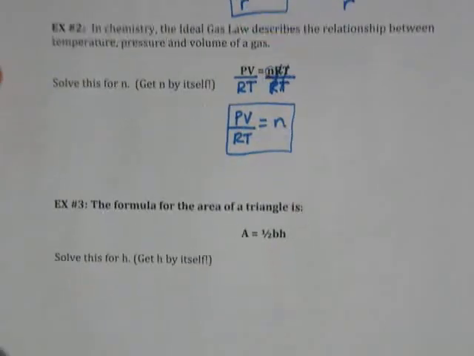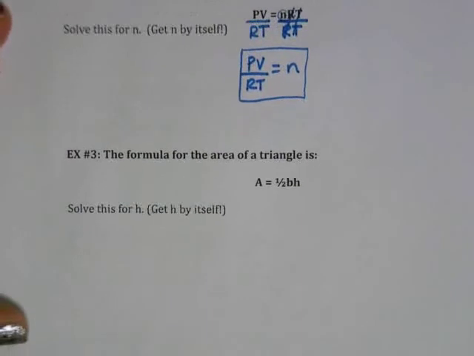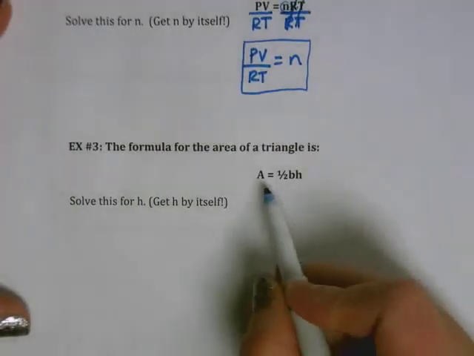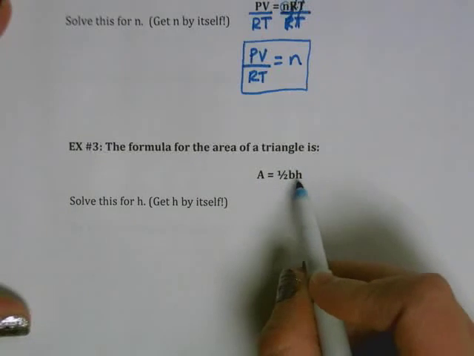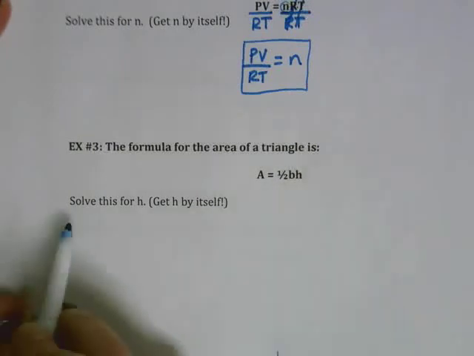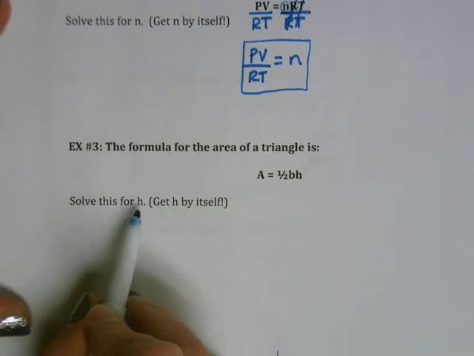Let's do one more like this. This one's the formula for the area of a triangle. You guys used to do areas of triangles in the past. A equals 1/2 times base times height. Right? What we want to do for this one is we want to say, let's find out what the h